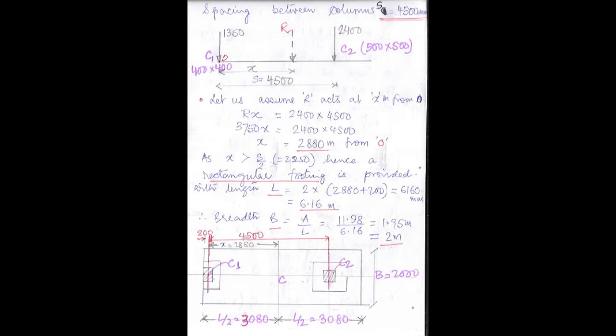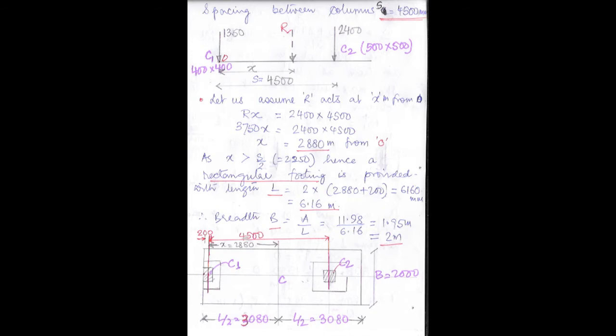So that is the property line, the point O. Now let us apply Varignon's theorem, which we learned in TOS 1. If the resultant R is acting at a distance of x meter from O, now take moment about O. R into x will be equal to 2400 into 4500. So from here we are getting the value of x as